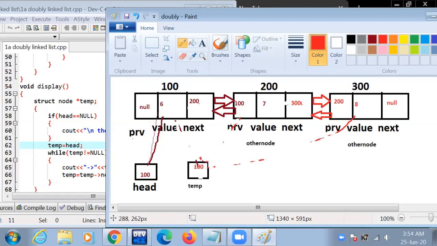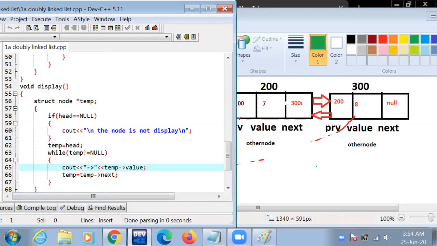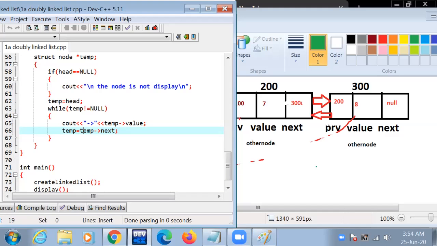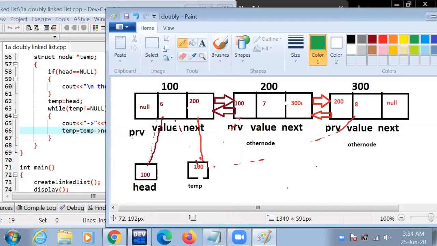Temp is on this node. While temp not equal to null, if the condition is true, then execute this part. If false, then the loop is terminated. The condition is true because the value of temp is 100, not null.